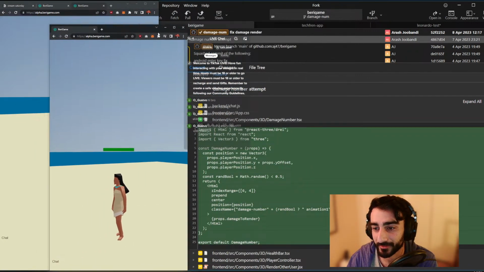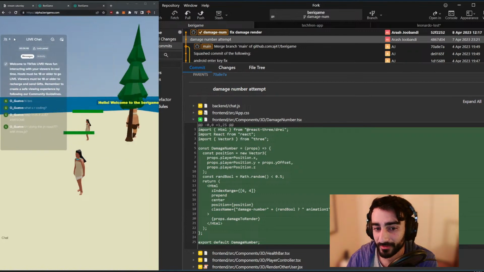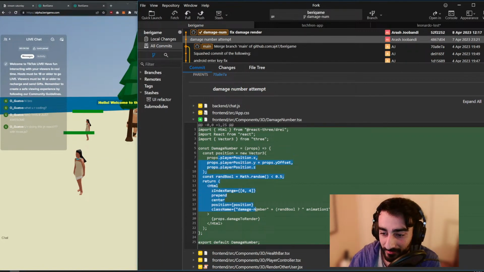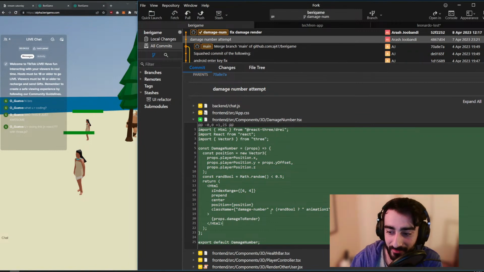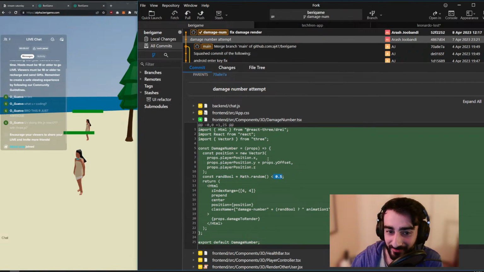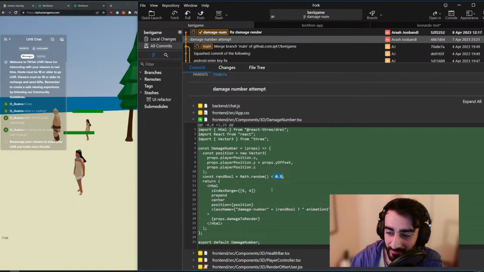What was I doing? Oh yeah, showing the code. So yeah, the damage number, that worked out kind of well. If you see here with the class name, I actually have a random boolean by doing Math.random. If it's less than 0.5, it'll be true. If it's greater than 0.5, it'll be false. And that's how I found out how to do a random boolean, because Math.random returns a number between 0 and 1. Yeah, and then depending on whether that's true or false, I have these two animation classes that I add to this class. So one time the damage ticker goes left, one time it goes right,